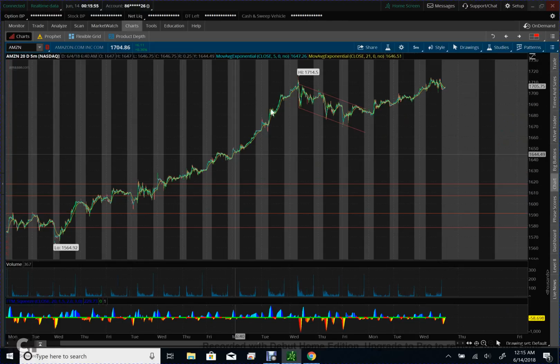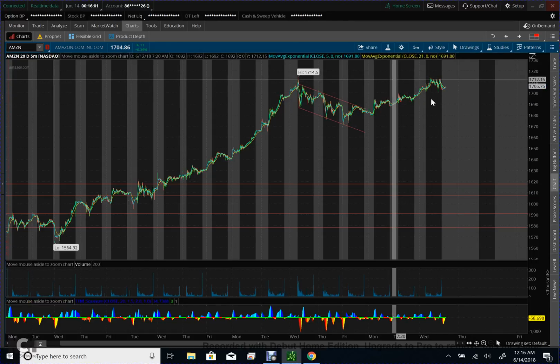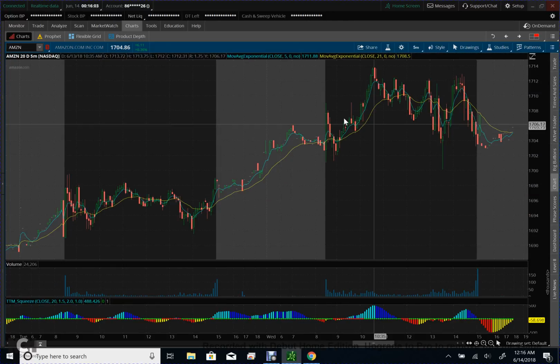Here's a 5-minute move, rally, pennant, and then continuation. And some places in here could have shorted for a profit from some puts up in here. That is just consolidating and then breaks down. Up in here, the previous all-time high,